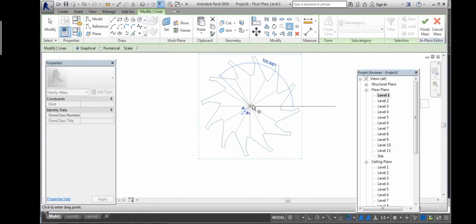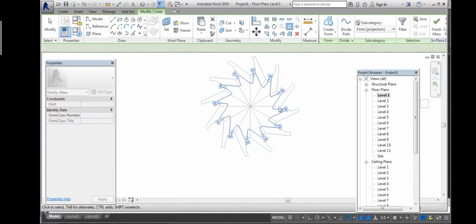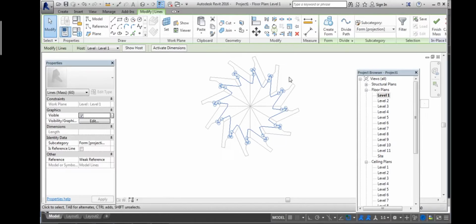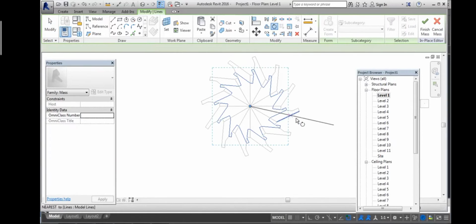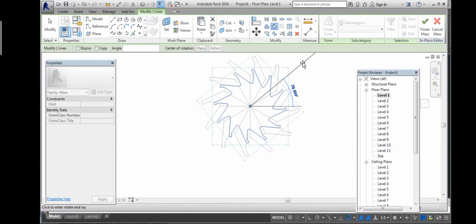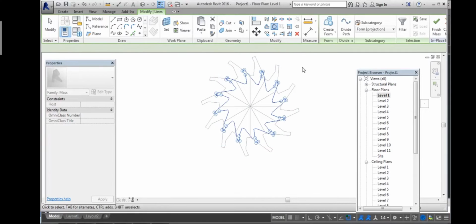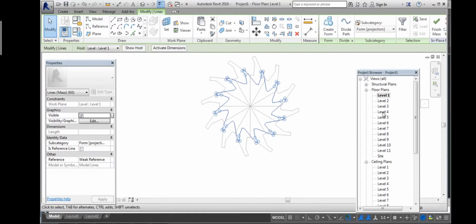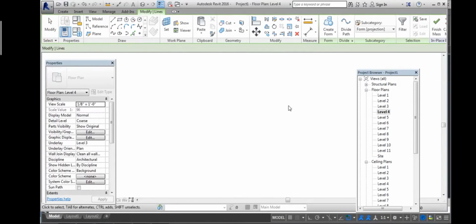So, one by one customize the geometry according to requirement and rotate the geometry 45 degrees in clockwise and anti-clockwise direction as per the structure.